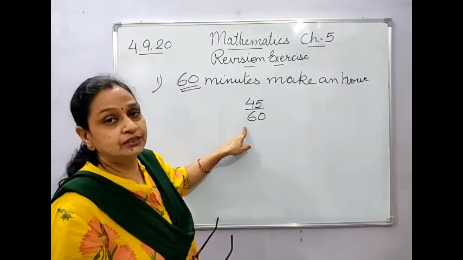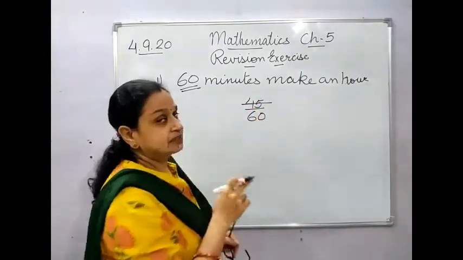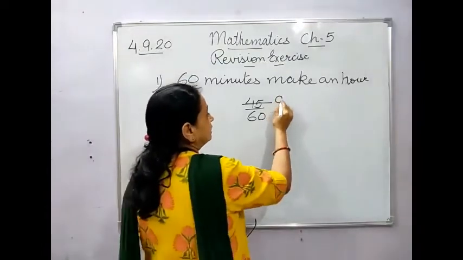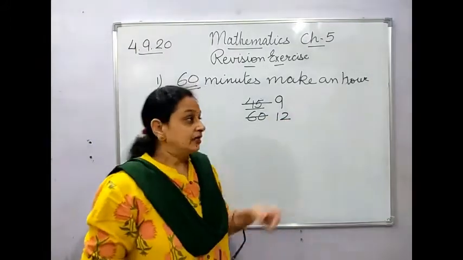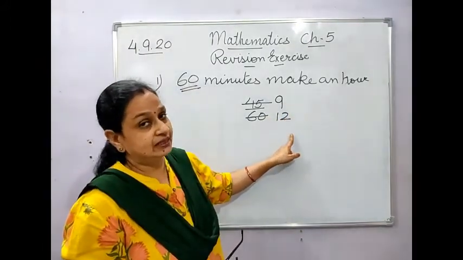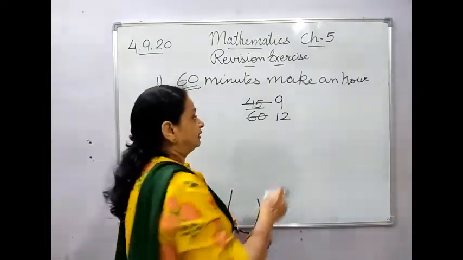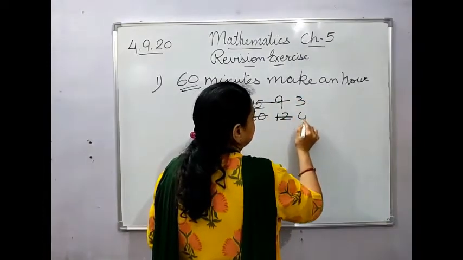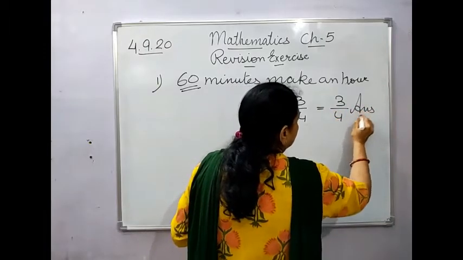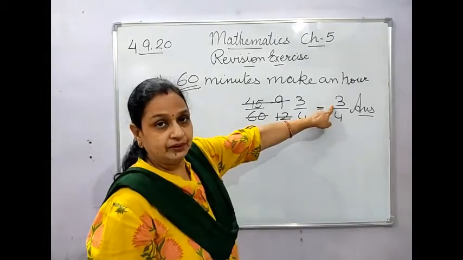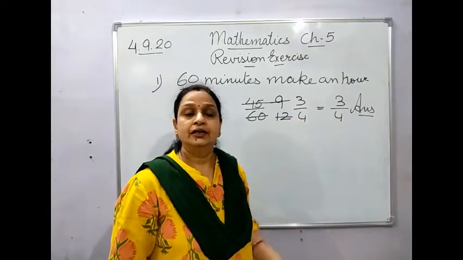Now we will reduce it to its lowest term. If we reduce, see, it is 5 on one side and 0 on the other, that means it can be divided by 5. So 5 nines are 45, 5 ones are 5 and 5 twos are 10. Still, both are composite numbers, so it can be divided again, and you very well know that both of these numbers come in the table of 3. So 3 threes are 9 and 3 fours are 12. So your answer is 3 upon 4, because now 3 is a prime number. Once there is a prime number, that means the sum has come to the lowest term.